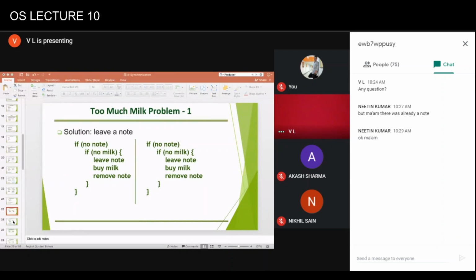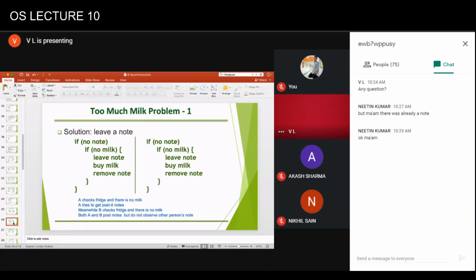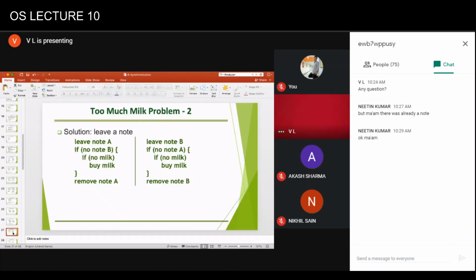Okay. So let's go to solution number 2. To avoid this problem, they change the protocol, so that you leave your note first, and then check whether the other has posted a note or not, and then you check the milk, and if there is no milk, then you go and buy it, otherwise remove your note. So instead of no note, they are actually relying on the presence of the note. Whenever they check the fridge, before checking the fridge, they put their note.